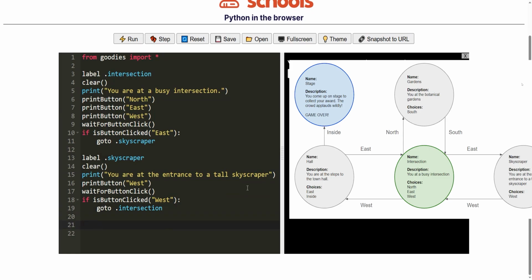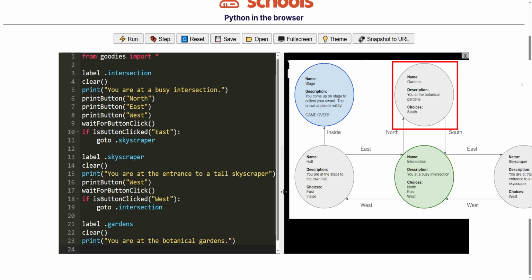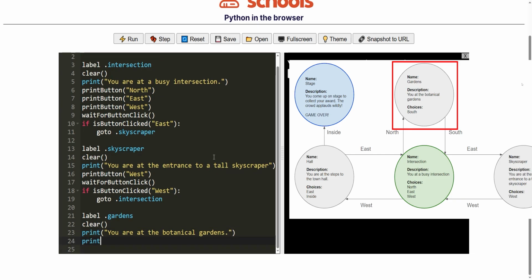Okay, so let's go through and do the other ones. And I may just fast forward through some of these because they follow the same pattern. But the next thing is we are going to do the gardens. Label gardens, print clear. We start off with clear. And then location, the botanical gardens. Print button